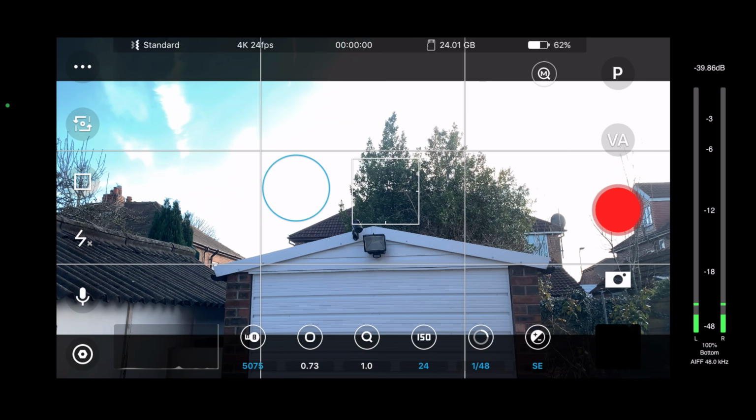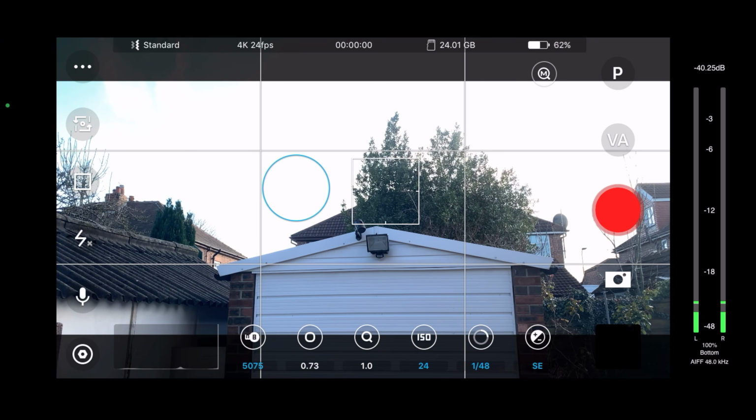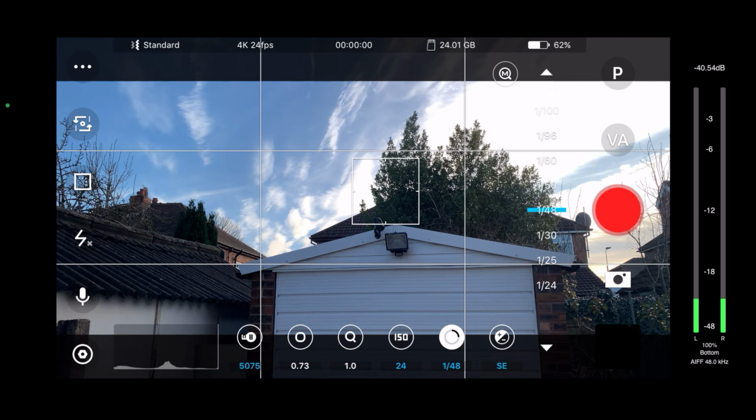Now, if you're shooting at 24 frames per second, following the 180-degree shutter rule can be a bit tricky in bright situations. So if you find this happening, then that is another great reason for you to consider shooting at a higher frame rate and therefore a faster shutter speed. Or you could consider investing in an ND filter. Now, this is a variable ND filter from Neewer. This costs just £16 and you just pop it over your lens and then you can adjust it to cut out as much light as you need.